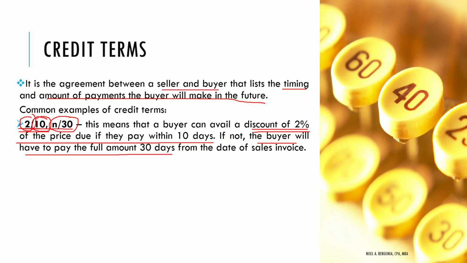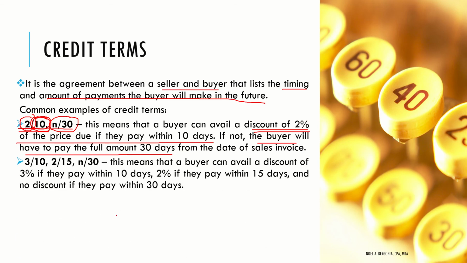So, bale, lumalabas, example lang to, pero yung numerator, ibig sabihin yan kung ilan yung percentage. So, pwede rin kasi maging 3% yan, 5% yan. So, yun po yung discount rate natin. And then, yung denominator doon would be the due date para doon sa pagbabayad for availing the cash discount. Okay? Sir, bakit naging 10 days lang? Kasi, as mentioned to you a while ago, for cash discount, 'di ba, we encourage the customer to pay his or her account as early as possible. Okay? So that's one example.